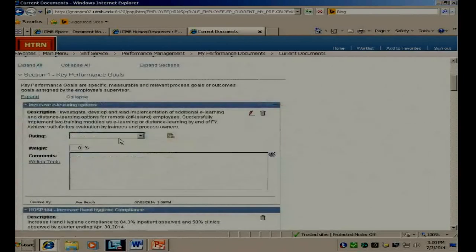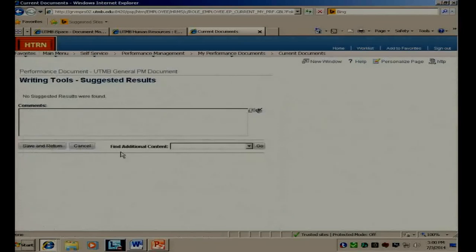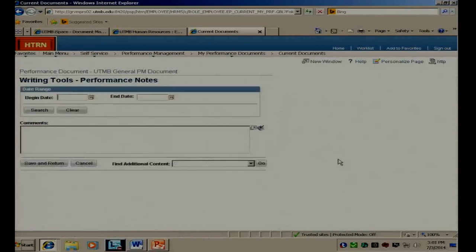Now the ratings are available. Again, we're in the evaluation phase, so those are available, and I believe that I exceeded. Anytime that we state that we've exceeded, we should be able to provide documentation for that. I want to bring in that performance note, so I'm going to use my Writing Tools link, find additional content, performance notes, go get my performance notes,